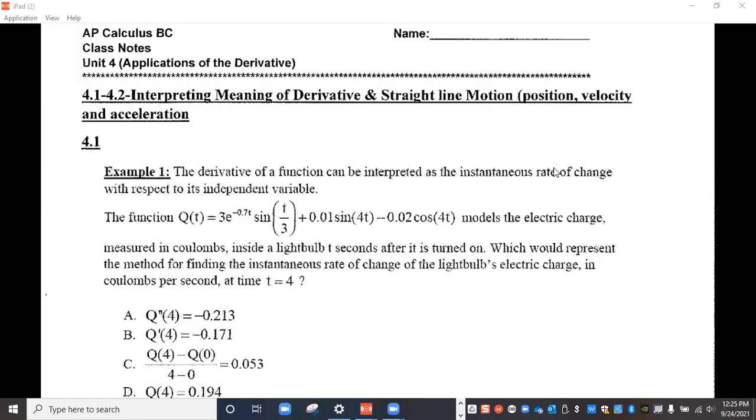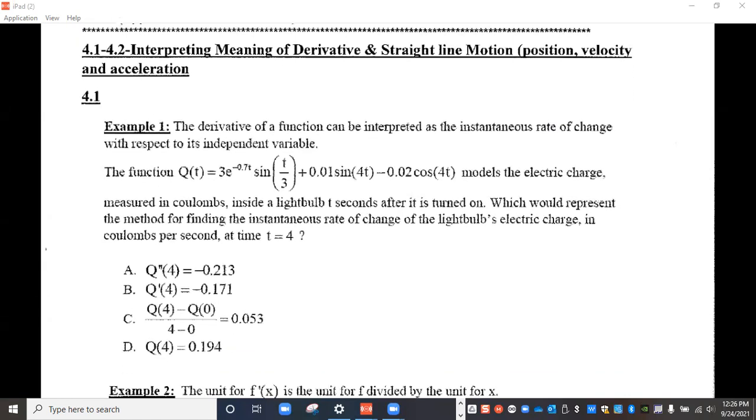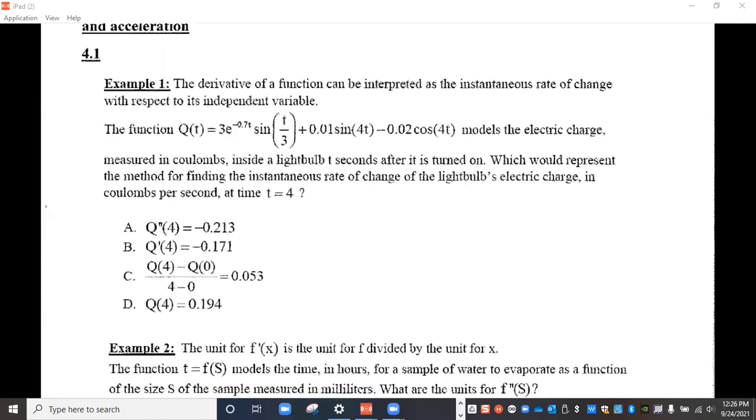We have to consider units when we're talking about applications of our derivatives. So the first thing we want to do is take a look at derivatives. Remember, we've been taking derivatives and we've been talking about instantaneous rate of change. So when we talk about the derivative of a function, we're talking about the instantaneous rate of change with respect